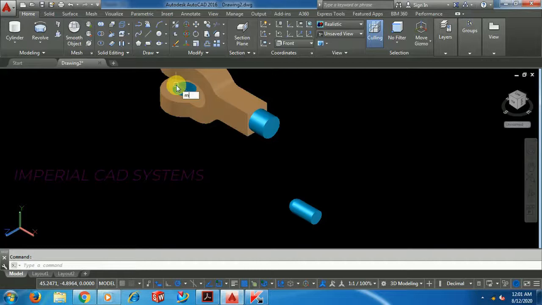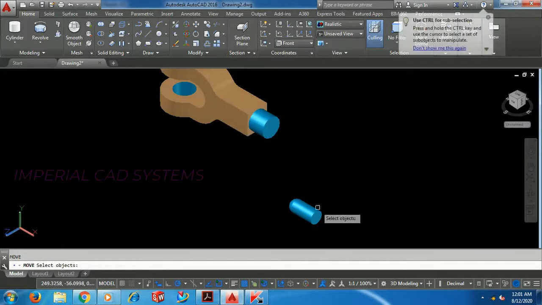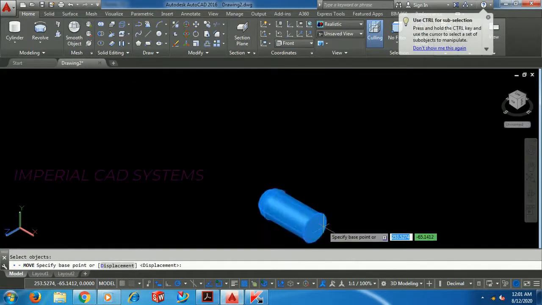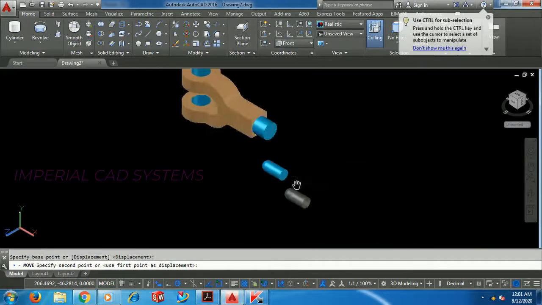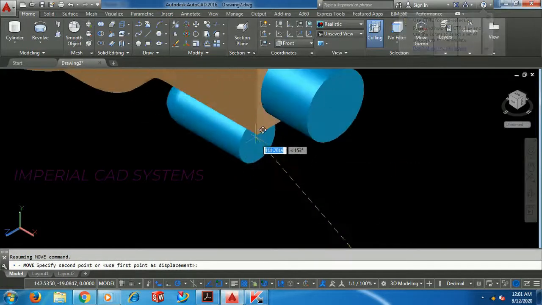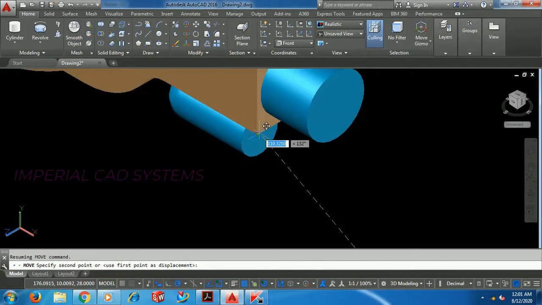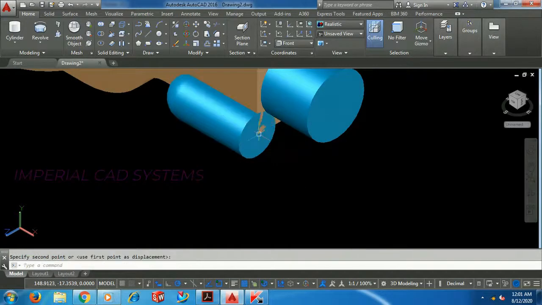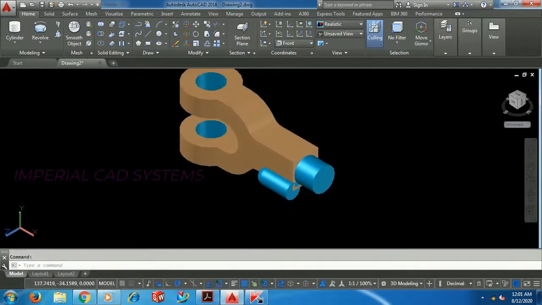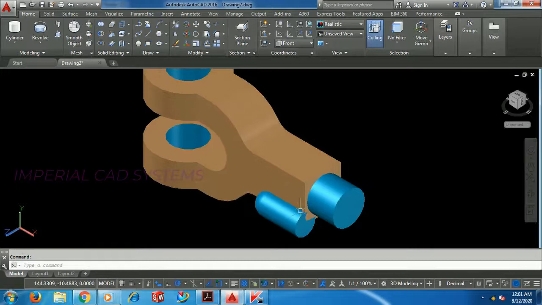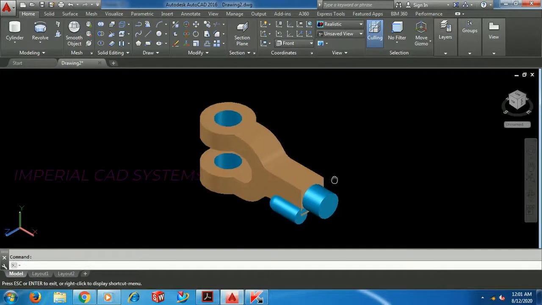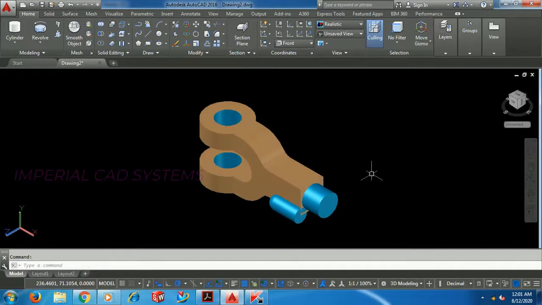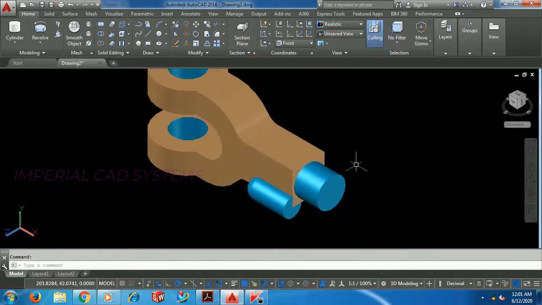I move this object and I place at the corner endpoint. Copy this.